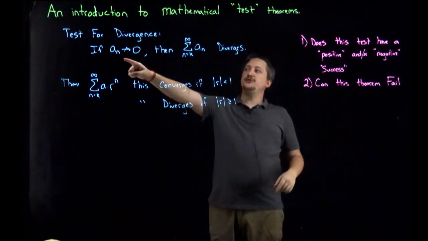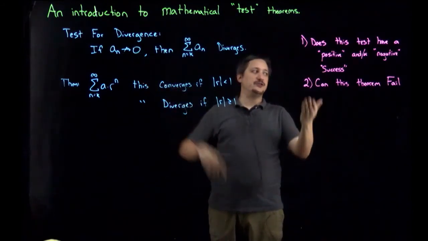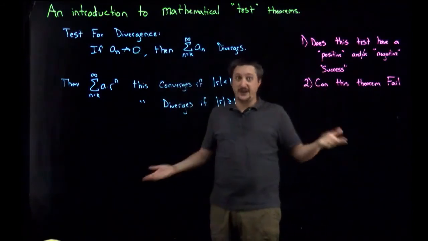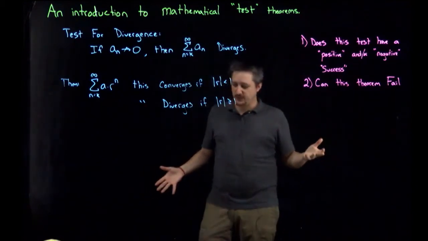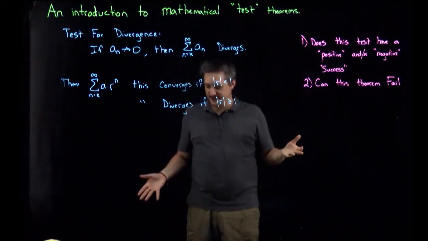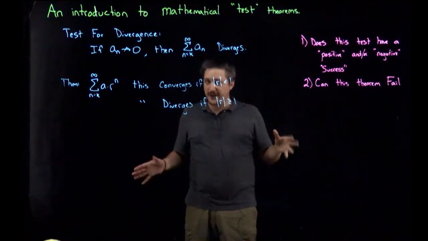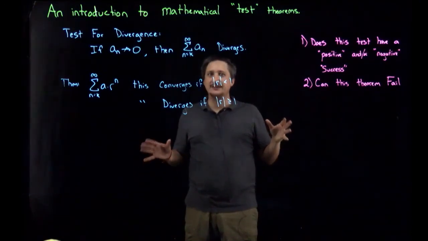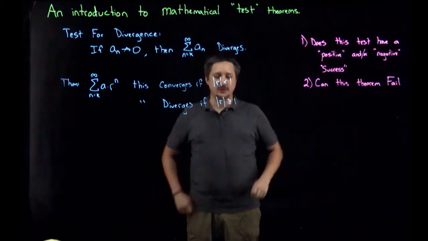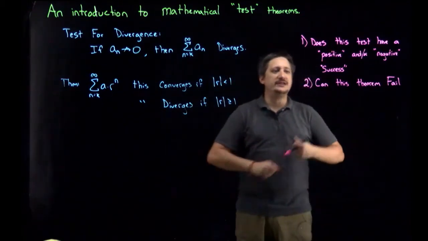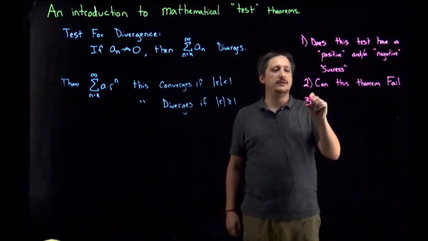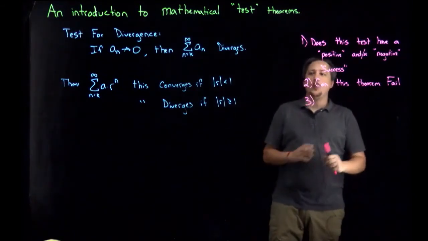Up here, I only know stuff if it doesn't go to 0. If it does go to 0, the theorem itself just fails, okay? That's the real core difference, is that when the theorem fails, it doesn't give you anything at all, okay? And so this leads us to the third thing, which is: